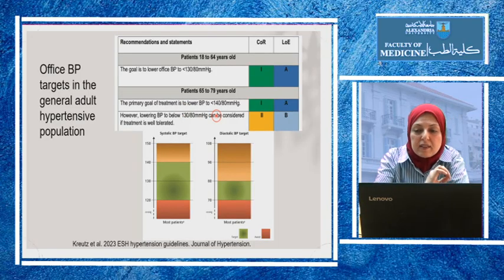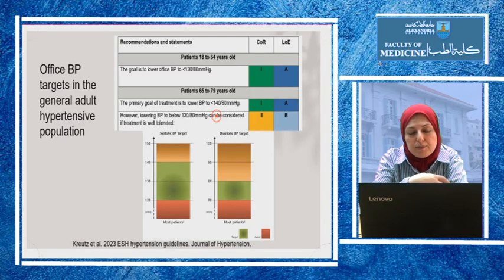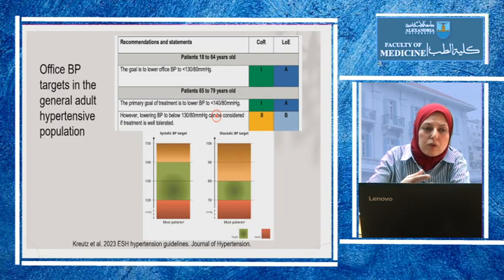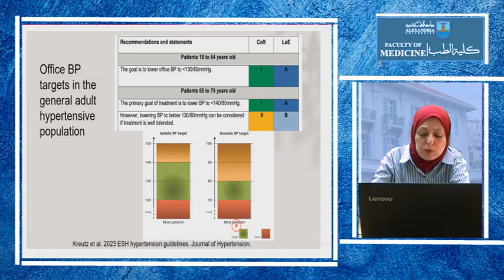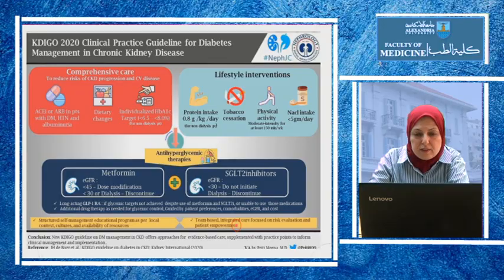But the most important thing is as tolerated by the patient. So if the patient is overall healthy and can tolerate lower blood pressure, this is better for the kidney. But if the patient starts to complain of dizziness or falling or any other complaints, then we should elevate the blood pressure. And they actually set a lower limit, so below 120 systolic in most patients would be too low, and below 70 diastolic in most patients would be too low. But again, we should tailor it according to the tolerance of the patient. Yes, the lower is better, but without any adverse effects.